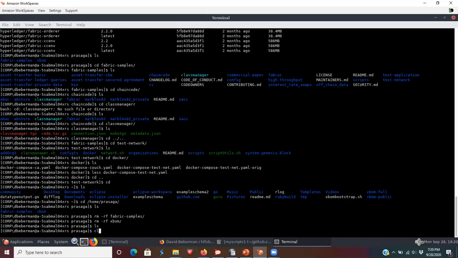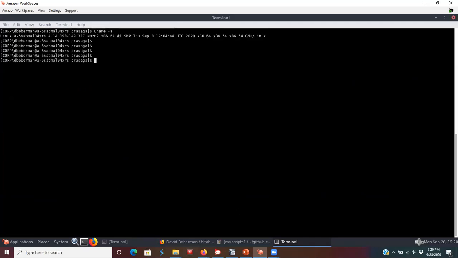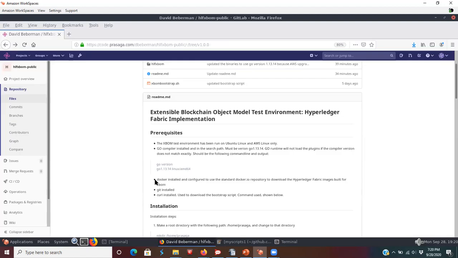So let me do a clear. First, this is the environment we're running on. Second, let's go look at the Go version. You'll notice it's Go 1.13.14 Linux AMD, and that matches exactly. Other prerequisites, you must have Docker installed, and it must be using the standard environment because